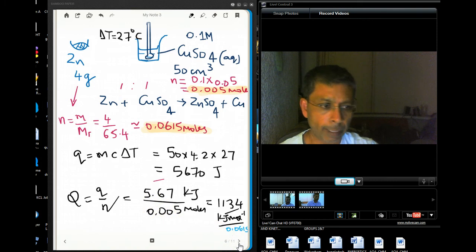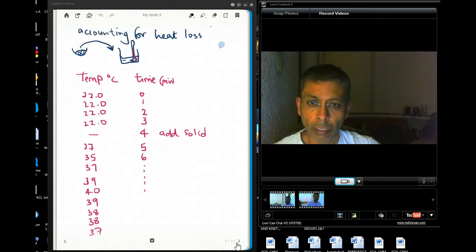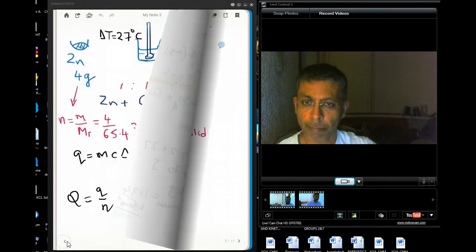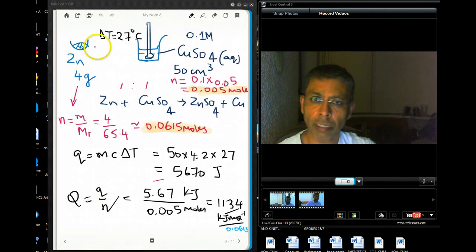All right, now you may want to account for heat loss. If you come back to this experiment here, when you add the zinc to the copper sulfate, the temperature is going to rise, but it's not going to rise as much as it should because there is heat loss. It's an open top container, and the thermometer gets warm, the actual cup itself could get warm, so you're losing energy, you're losing heat. So instead of a 27 degrees centigrade temperature rise, it should perhaps be 28, 29, 30, 32